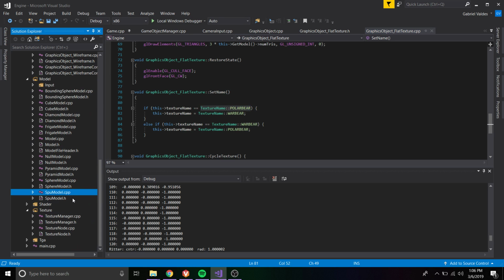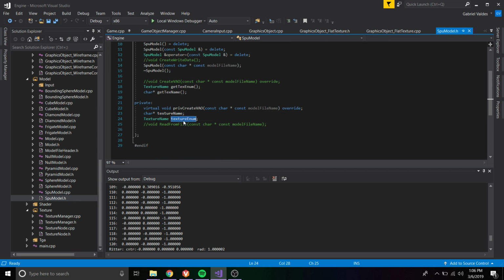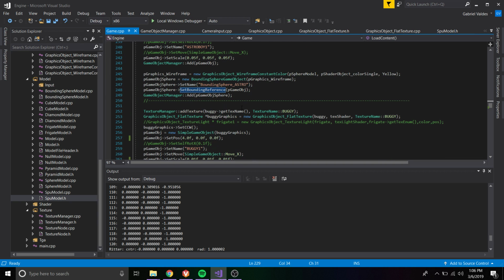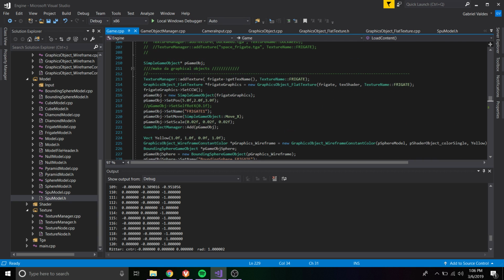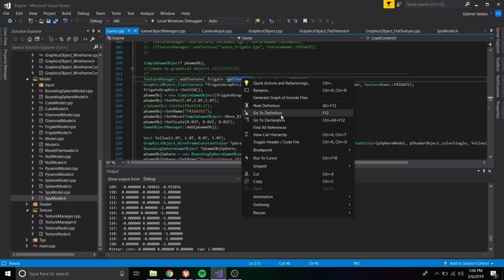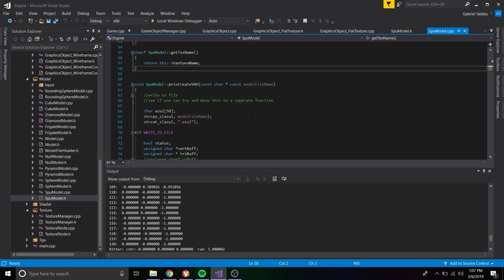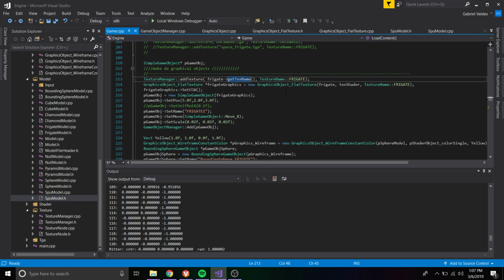I could do it with all the models, but the SPU model right now has this texture name, texture enum, and instead of that, I'm going to use a char pointer, because right now the way that it creates the texture is by getting the name from the texture manager, add texture, let's try asset name. I'll go to definition. Oh yeah, okay. So I mean, it's pretty janky right now, the texture